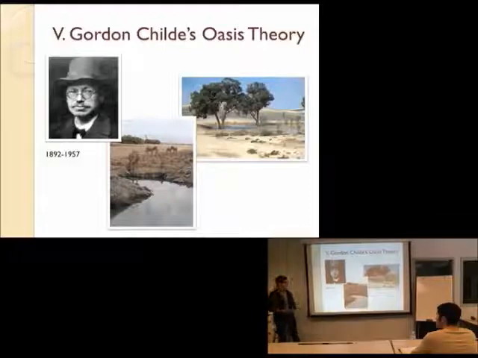And V. Gordon Childe decided that he was going to do things a little bit differently, and he worked much more systematically. He didn't just go out to see what he could find, but he went out with a research question, trying to figure out what he should dig up where in order to answer that question. By the way, he probably doesn't look particularly familiar, but does this picture remind you of anyone?